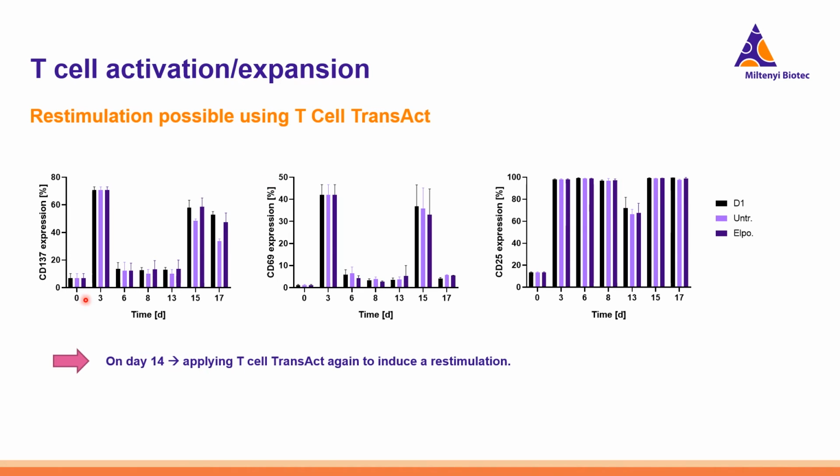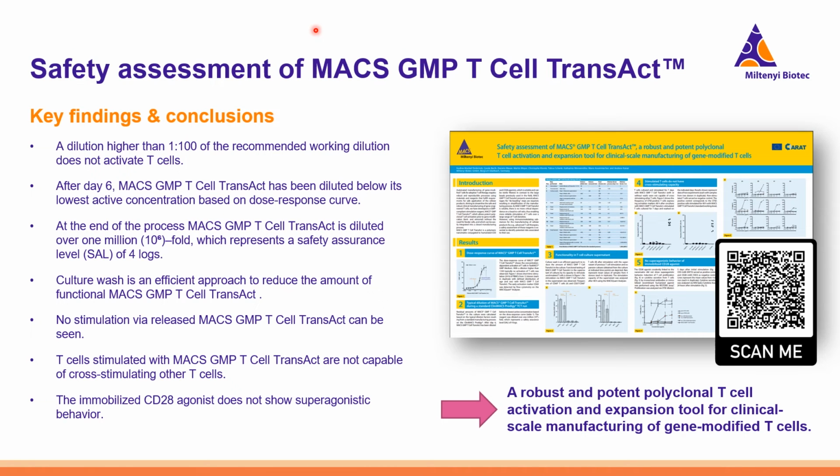After the expansion period of 14 days, we applied T-cell TransAct again to see if the T-cells can be re-stimulated. And what we've seen is that there was again an upregulation of CD137 as well as CD69 and CD25. Additionally to the data I've shown, I also want to highlight the safety aspect of T-cell